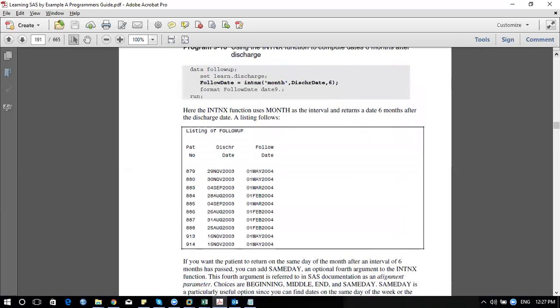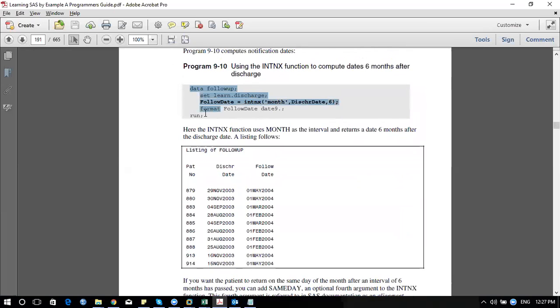Okay, now another function we have is INTNX. INTNX always gives you a follow-up date. Why a follow-up date? Let's say you visited the hospital and you want the next date after 4 months, correct? So you would require the follow-up date. Maybe you said, okay, I'll visit after 3 months, contact me after 3 months. So you should have a follow-up date. To get the follow-up date, you should have the INTNX function. So the INTNX function will give you a follow-up date.